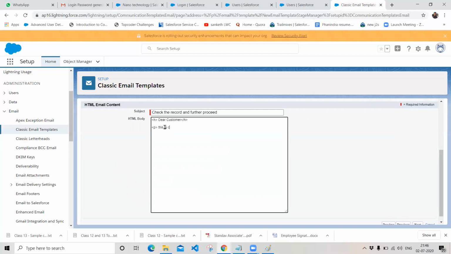This is created with the HTML tags to send for the customer whenever a record is created, and close your paragraph.